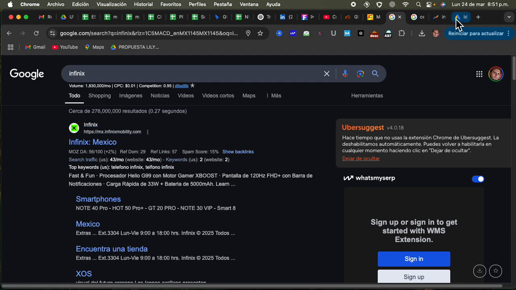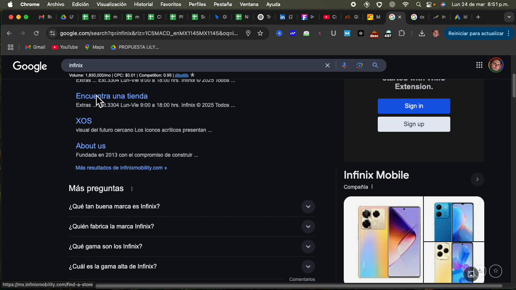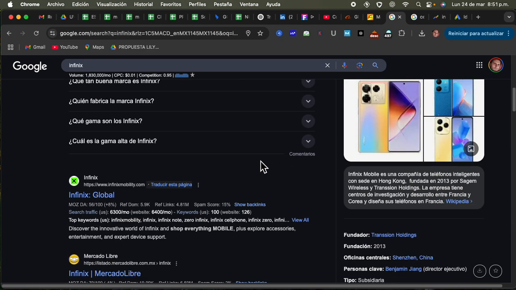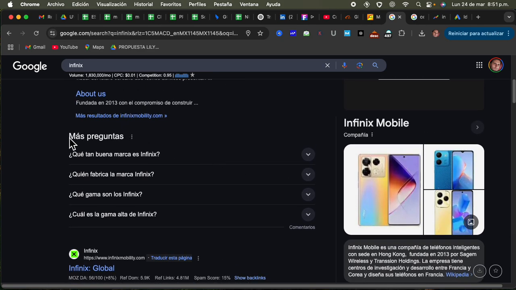Okay, so obviously when you search Infinix, the first thing that appears is the official web page for Infinix, but it's very important that we can see these other questions that people are asking related to Infinix. And this is important because people are asking, and this is something that Google automatically adds to the search,